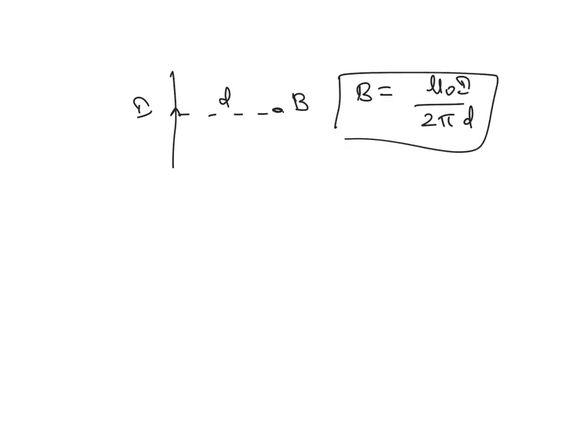Suppose it's a conductor like this, and current I is flowing there. If you want to calculate the magnetic field, you have the derivation in the board examination syllabus, right? By using the Ampere circuital law, you have calculated the magnetic field B equal to mu naught I divided by 2 pi d. This is the distance D here. This is also a usable concept to solve a number of problems. I will give you a hint now. This is a very important concept.